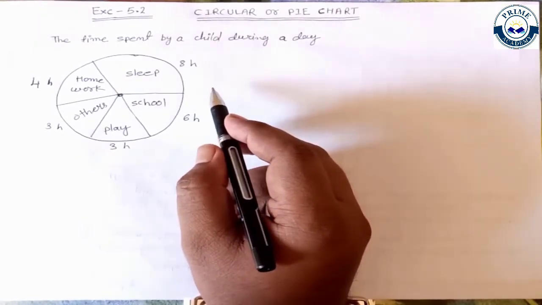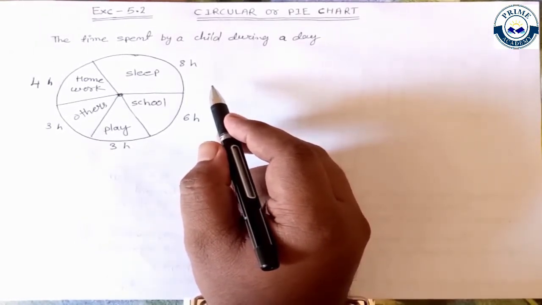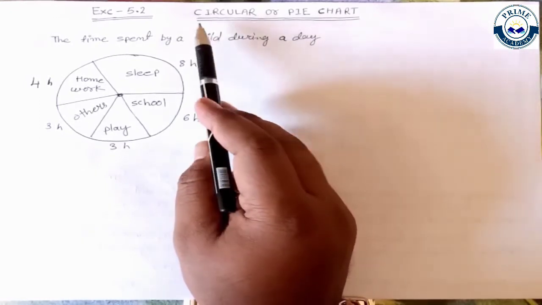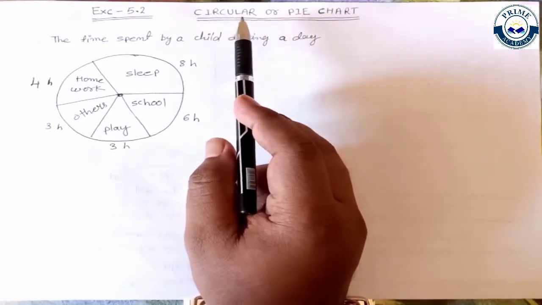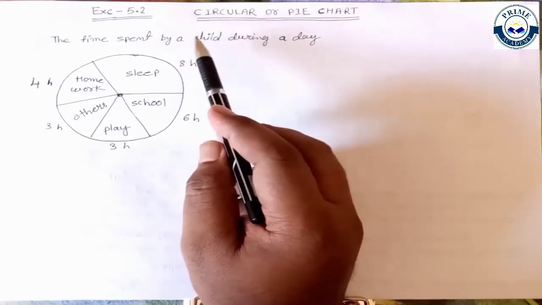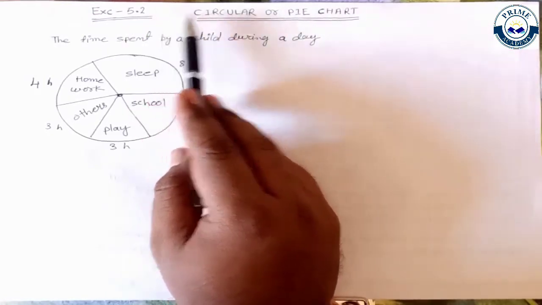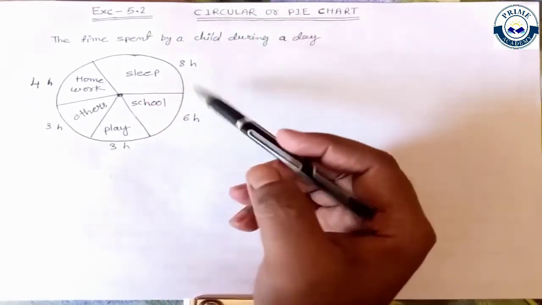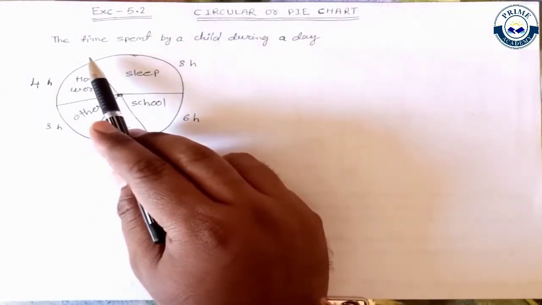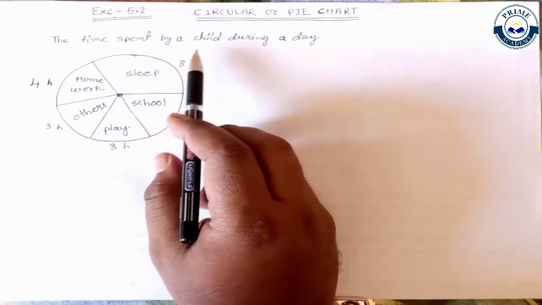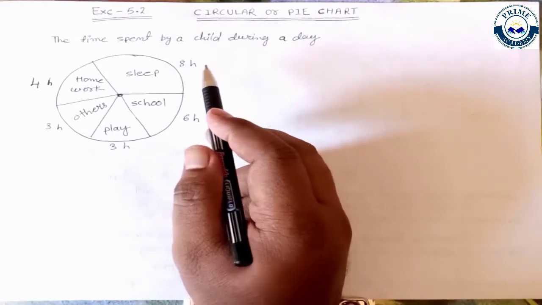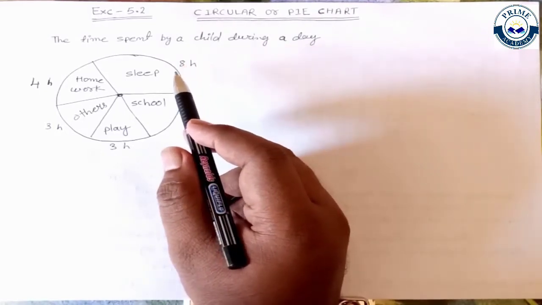There are three methods: pictorial graph, bar graph, and the third is the pie chart, right? Circular graph, circular chart or pie chart. This third one, right? So exercise 5.2 is relevant to the pie chart. So let's see what a pie chart is, right? As you can see here, the time spent by a child during a day, how a student spends his time for a